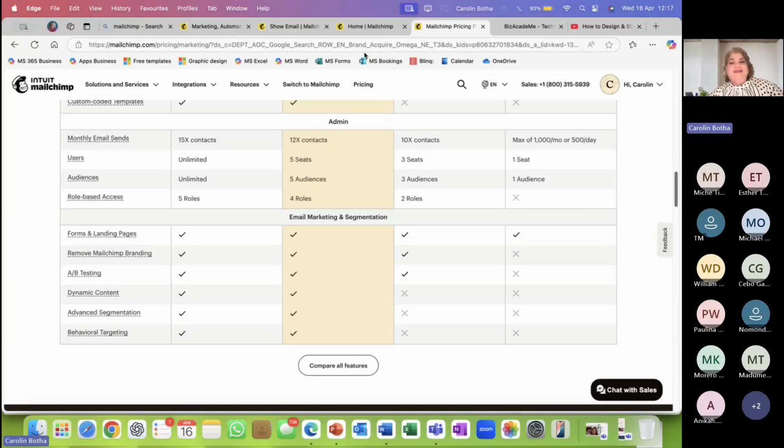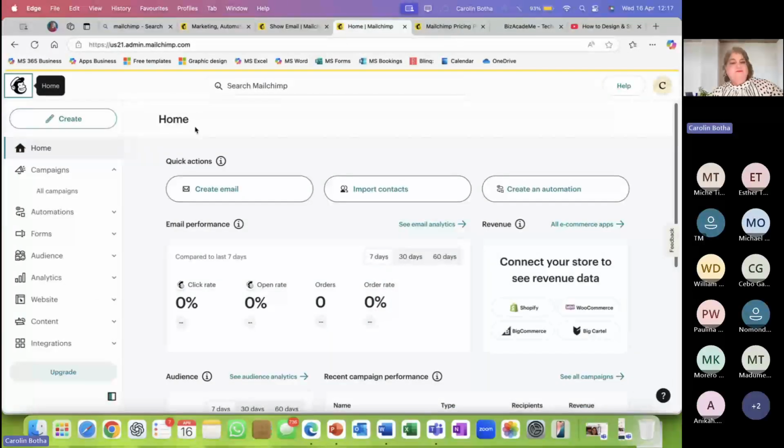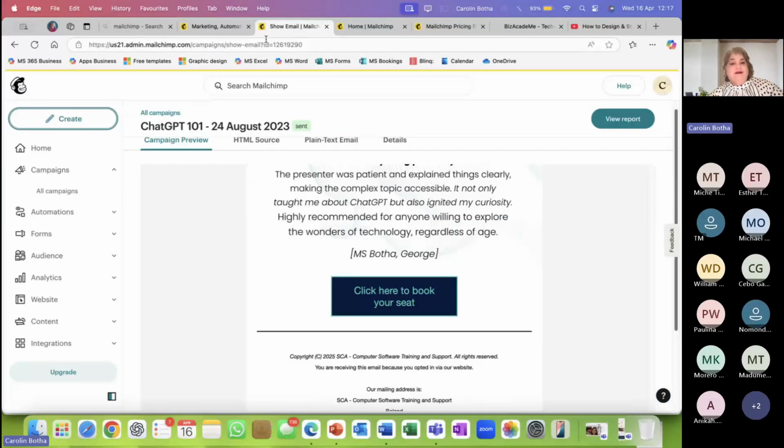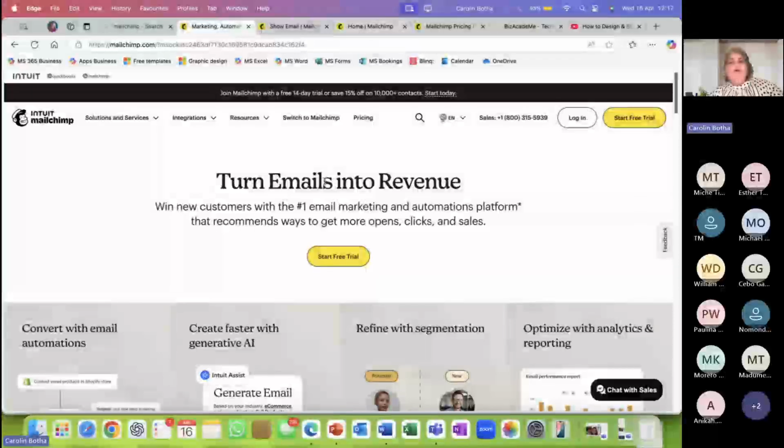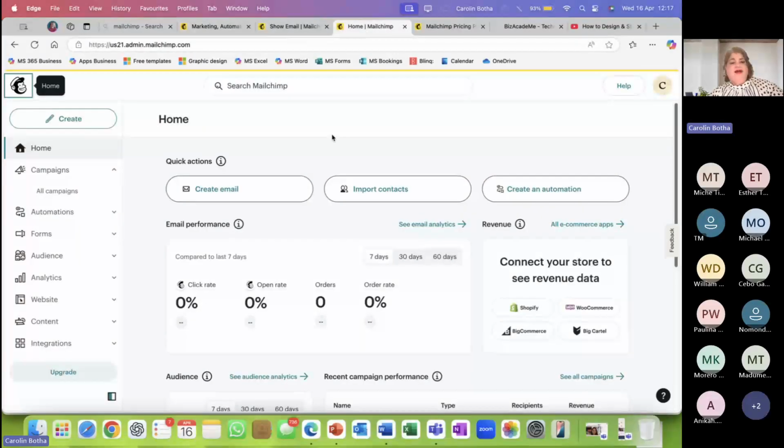Okay, but let's go. Let me leave that open rather. There you go. Once you've signed in or signed up for the free trial, this will be your page that you can get started with. On the left-hand side, there's a create option.